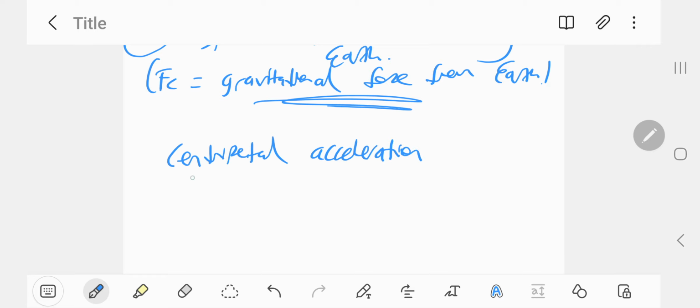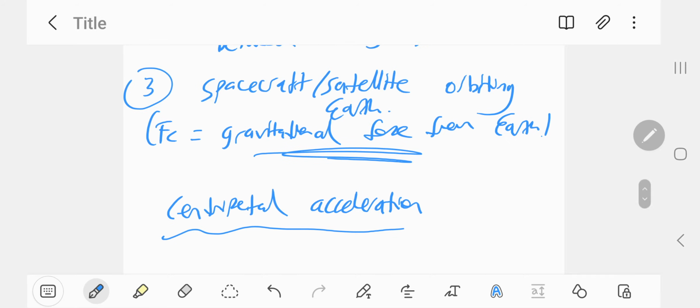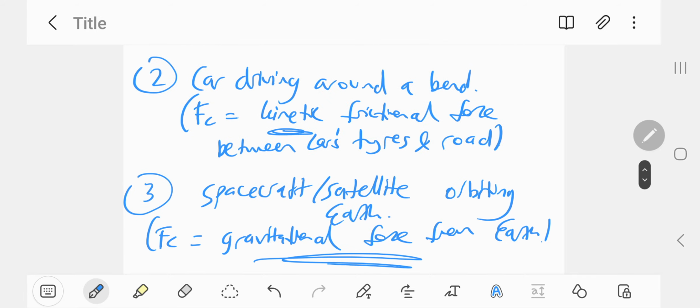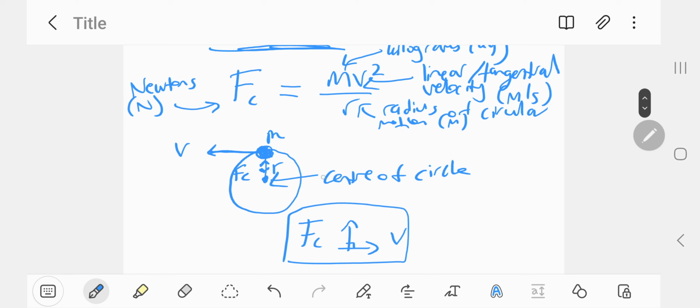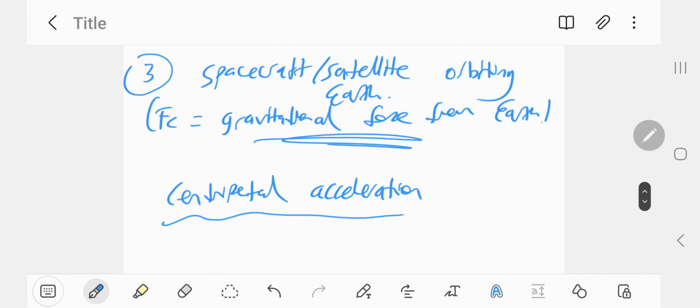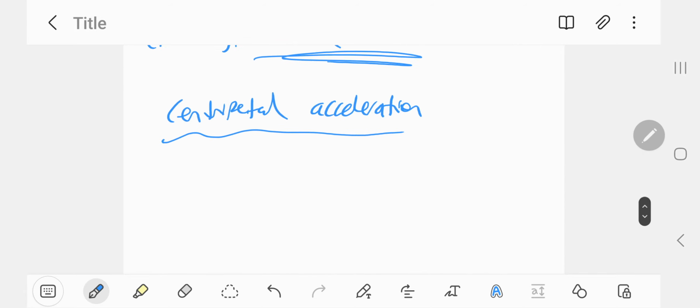The concept of centripetal acceleration. As I mentioned before, an object in circular motion has changing velocity, right? Velocity is constantly changing, it's changing direction. The object is changing direction, hence its velocity is changing. And it's also accelerating too. Okay, and this acceleration,